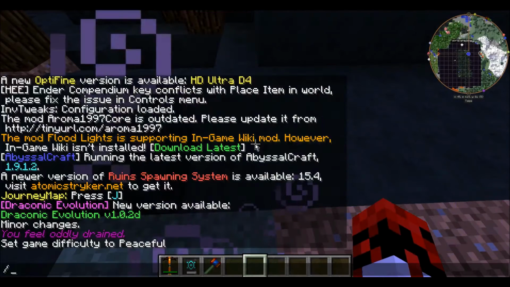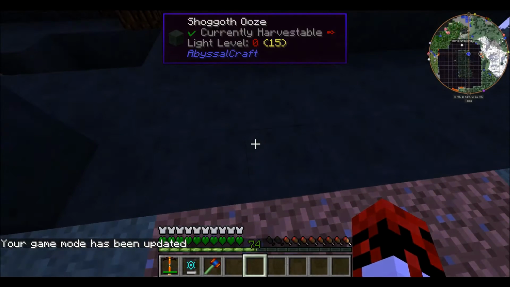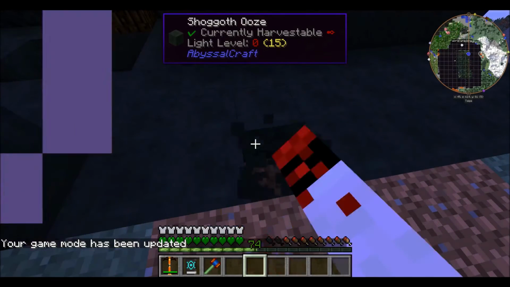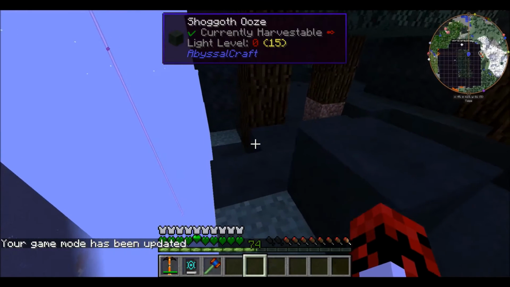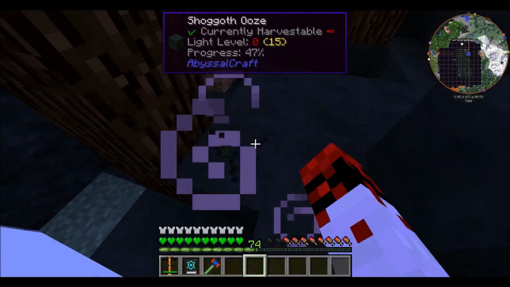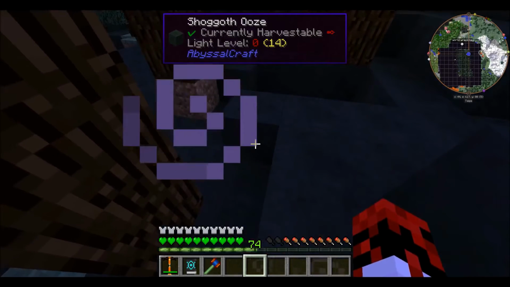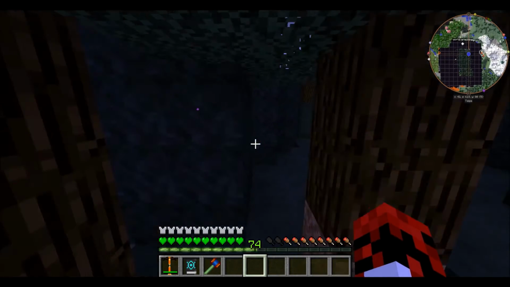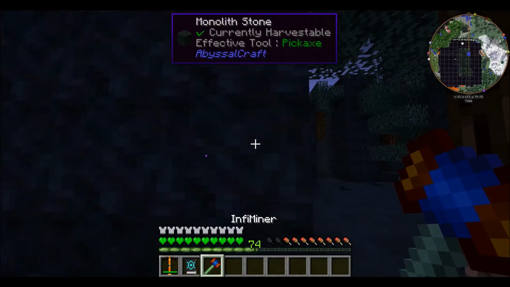Let's go into survival real quick. Let's show this off. What kind of speed you got with this? The Shoggoth ooze is basically dirt. Easy. You can get that up one thing at a time, but can't really get it up in large amounts. How about this? This is the